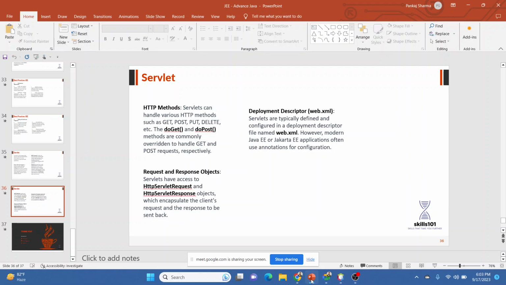For request and response, there are already two classes that we use: HttpServletRequest and HttpServletResponse. And third and most important thing, web.xml. It is known as the deployment descriptor. The deployment descriptor is a file where we do all the mapping of a project, where we can map our servlets, our JSP files, or multiple files at the same level. So these are the basic things that we are going to do today through servlets.